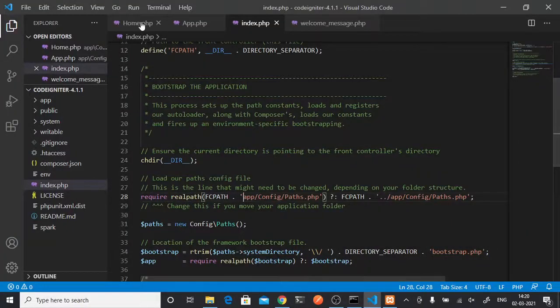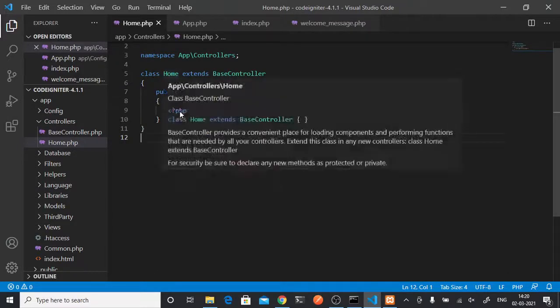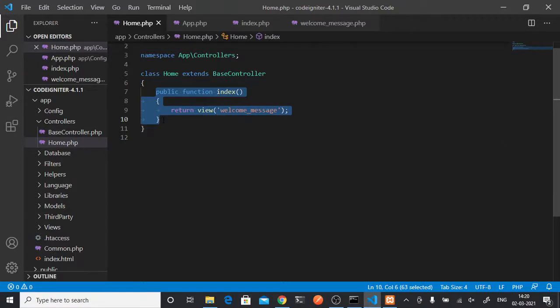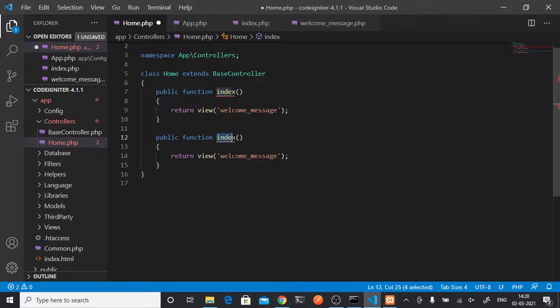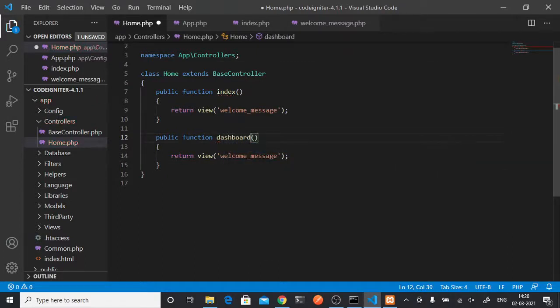And that is getting loaded from my default controller, which is Home. Now for example, if I write one more method here, let's say I say dashboard, and I won't return any view, instead let's just echo that this is the dashboard page, and this is nothing but the home page, because on your root usually you show your home page, right?